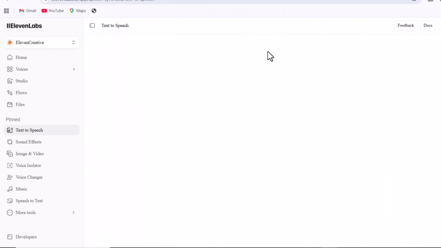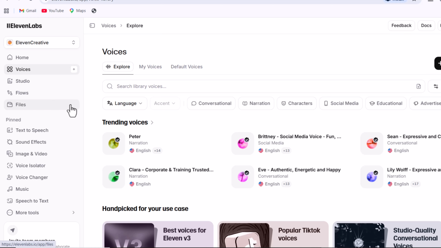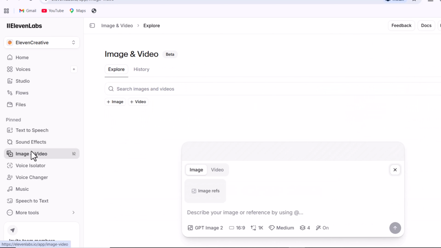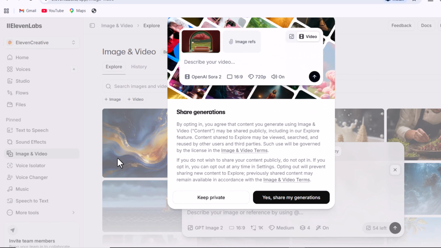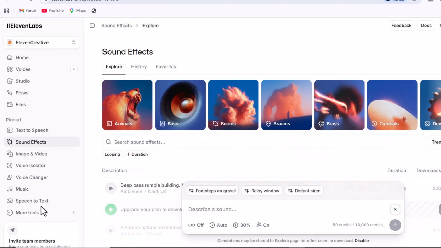Okay, the last tool is ElevenLabs. And yes, it's a very popular AI voice tool. If you create YouTube videos, storytelling content, or voiceovers, this tool generates super realistic AI voices. And honestly, some voices sound so natural, it's hard to tell the difference. But yes, important tip. Don't choose robotic voices, or your video might feel boring.